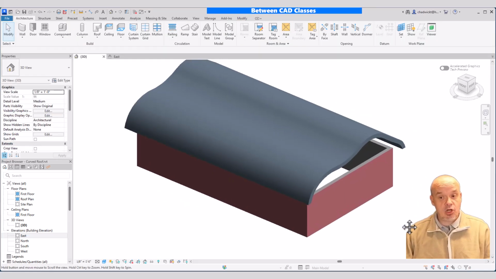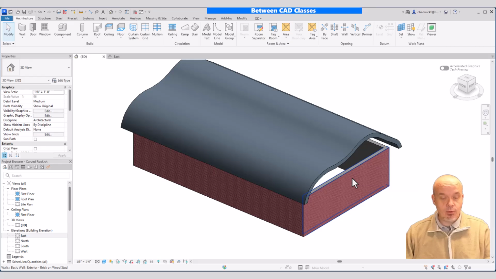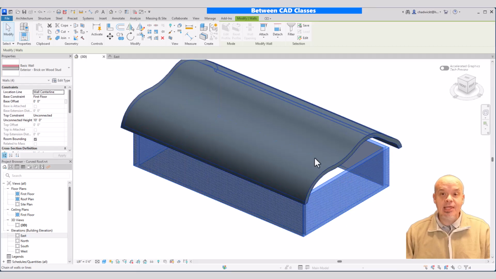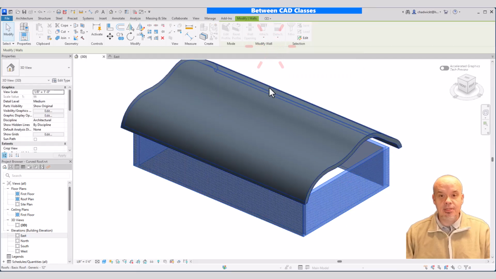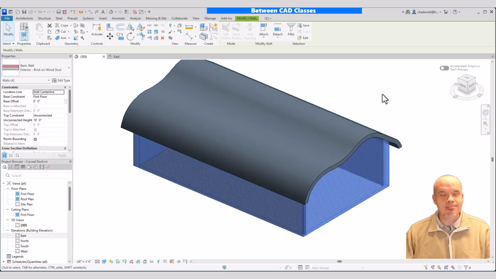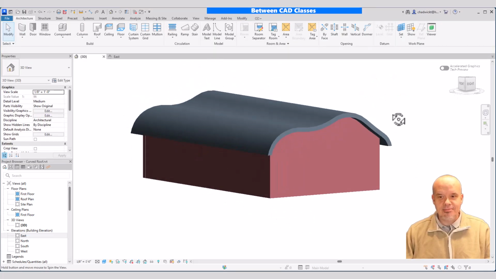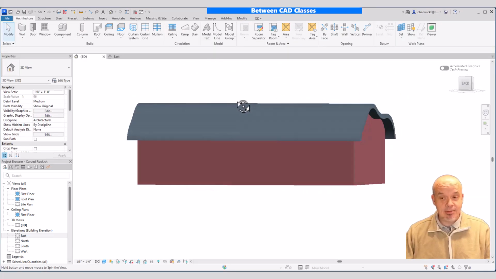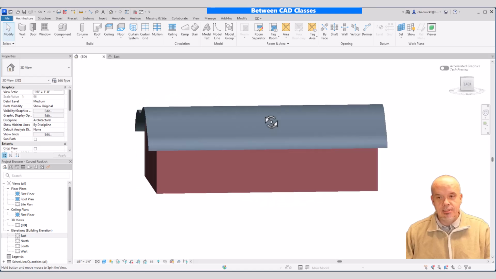Next, I want to attach all of my walls. So I'm going to hover over one wall and press Tab once. That should highlight the entire chain. Then I will click to select them. Then up top in my ribbon, I will select Attach, Attach Top, and then I will select the roof here. I'll click away from it, take a spin here, and now we can see my curved roof with all of